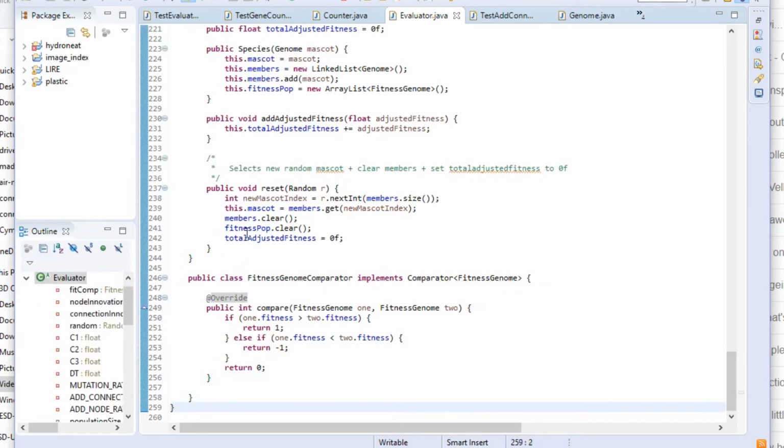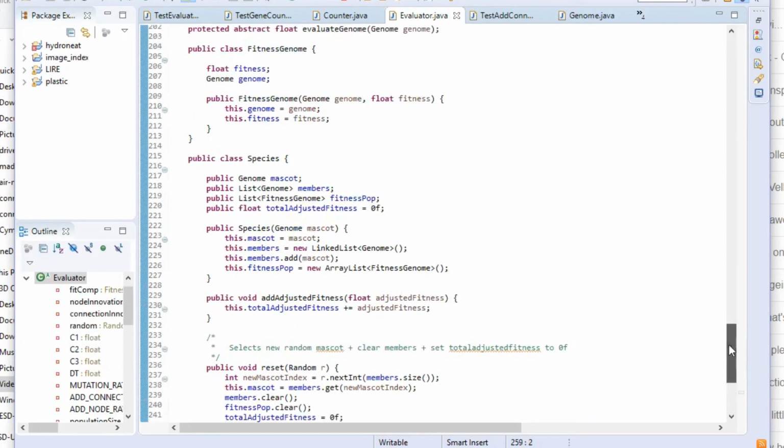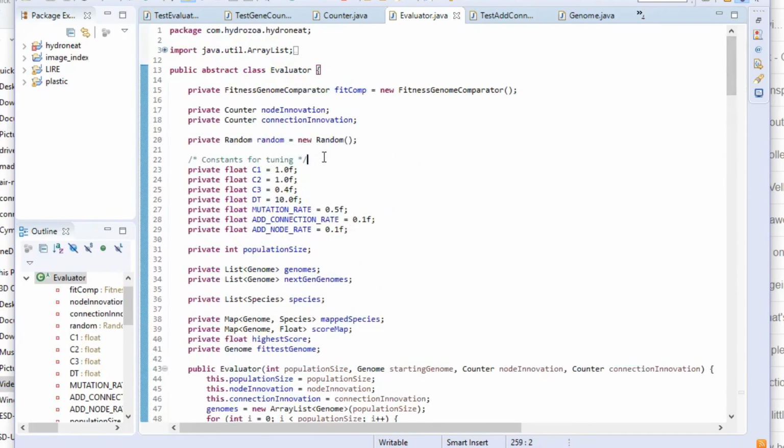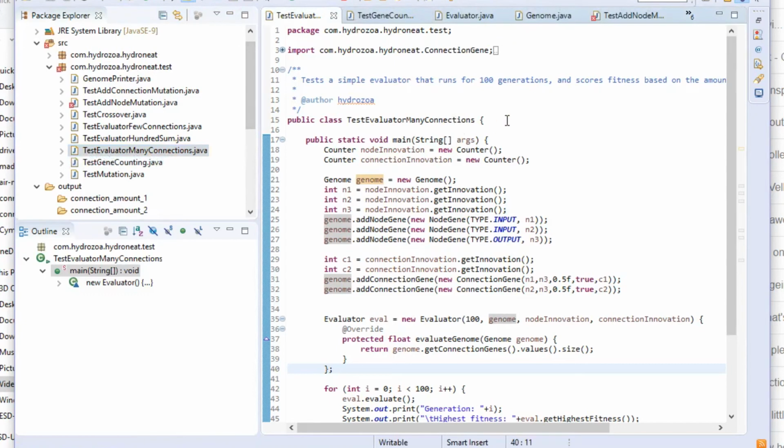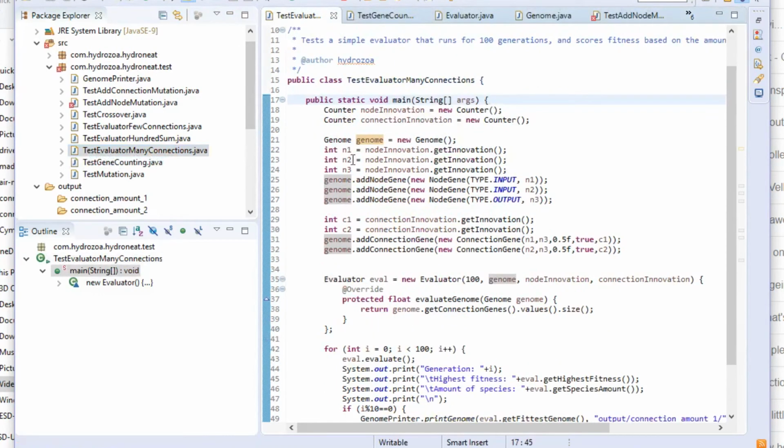Great! Let's test it then. Let's see if we can test it and see that it works. To test the evaluator, I have written these 3 test evaluator classes that we will have a look at. Let's have a look first at the test evaluator many connections here that I've opened. It just has one main method, and it creates a